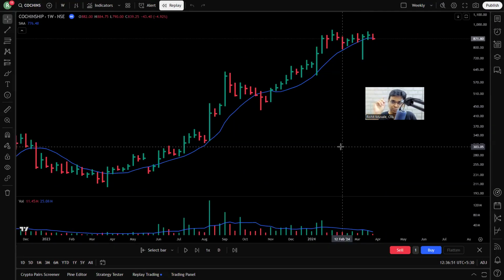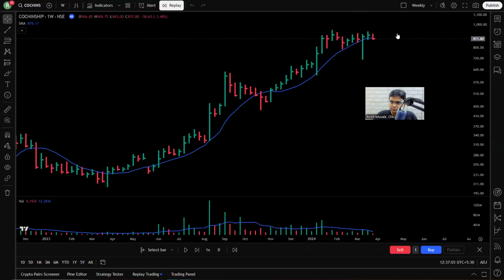Now the next point is very important. The importance of keeping track of a stock which is displaying tight price action inside the base. Now what do I mean by that? Now if you notice here, you see this, what's the closing price of this bar? It's 871.80. Okay. What's the moving average value? It is 876.17. That means the moving average is above the closing price on that bar, which means there is a likelihood